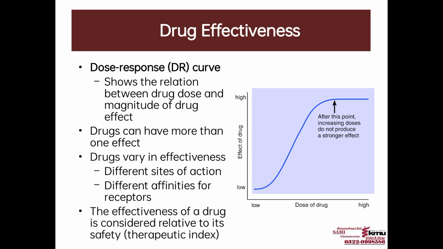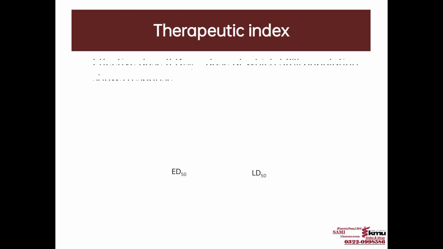Drug effectiveness: the dose response (DR) curve shows the relation between drug dose and magnitude of drug effect. Drugs can have more than one effect. Drugs vary in effectiveness, different sites of action, and different affinities for receptors. The effectiveness of a drug is considered relative to its safety, the therapeutic index. This is the therapeutic